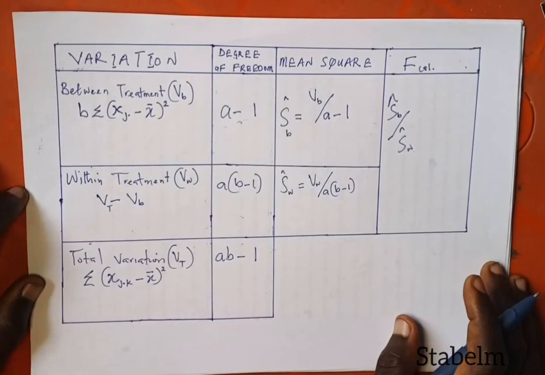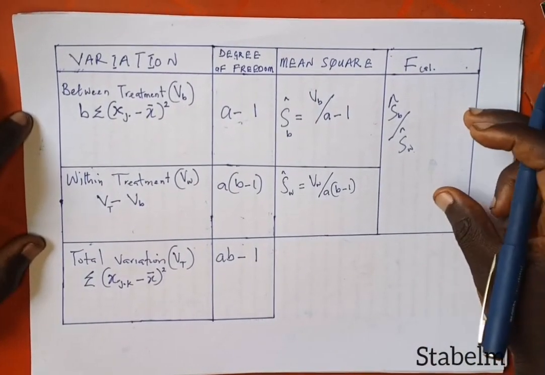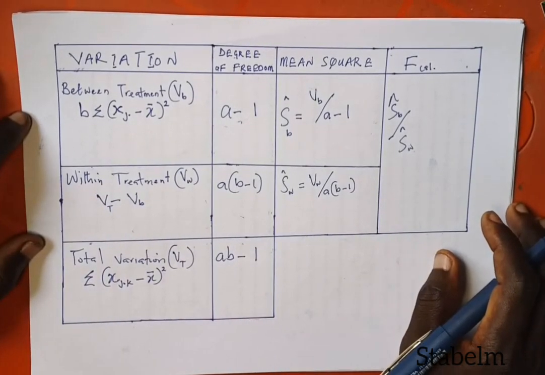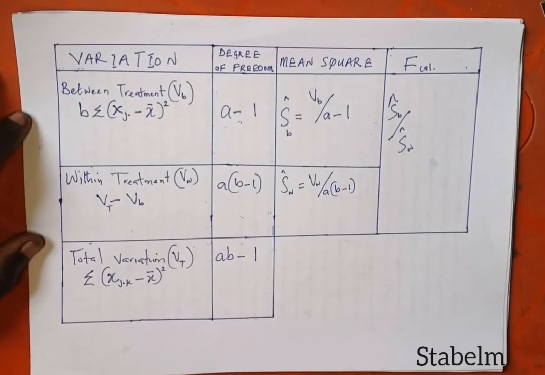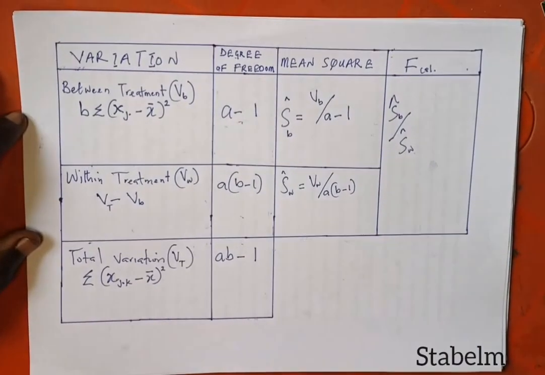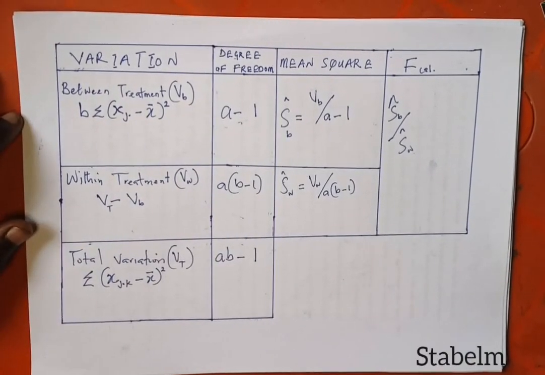Calculated F. Then, what is the main thing here? The main thing here is the last column, F. We need this F in order to compare with F tabulated on the F table, using maybe 0.05 level of significance or 0.01 level of significance. Now that we know this, we are going to use this table to examine the